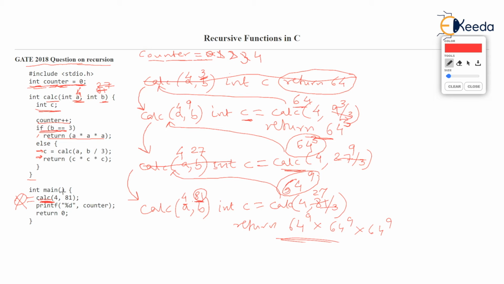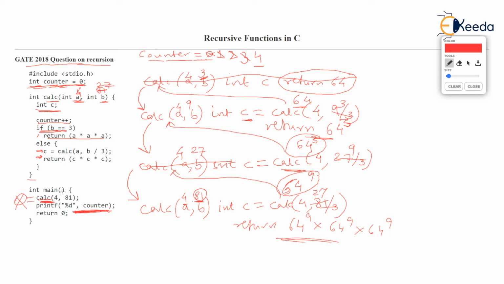When we come back to the main function, we observe that we were only supposed to print the value of the counter after the function ends, and the value of the counter is 4. Everybody will get worried about these large values which the function is returning. One might think, oh my god, how am I going to calculate such big values? But we don't need that value.